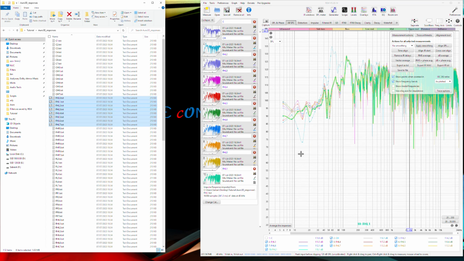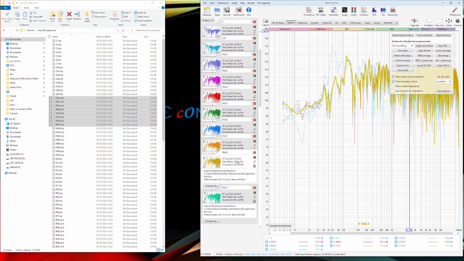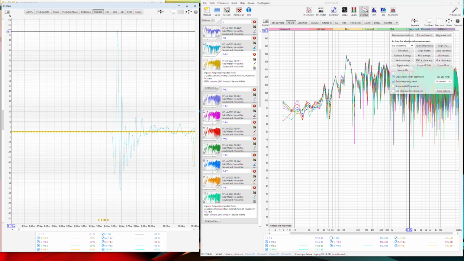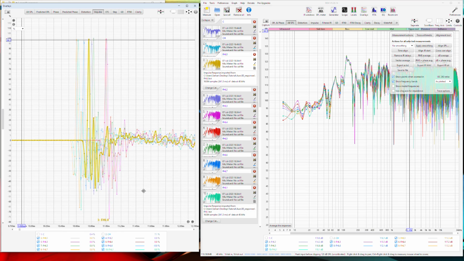Again, drop all the measurements. FHL, front height left speaker, to the top of every other front height. Make sure CH and C are not ticked here. Okay, these are mistakes, very easy to do. And again, copy selections to other overlay graphs. So their timings are a bit different.